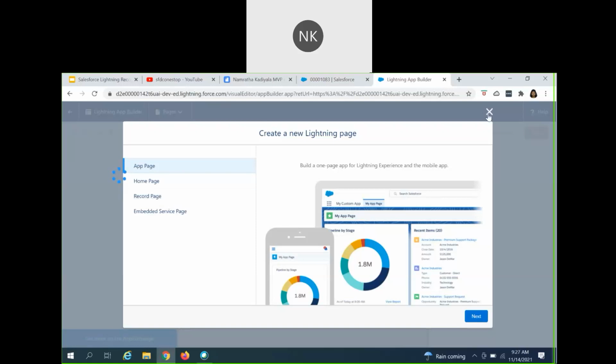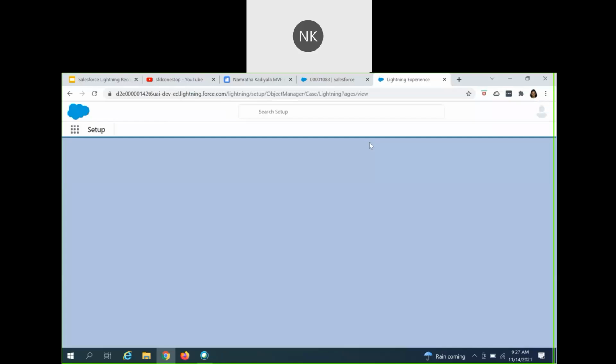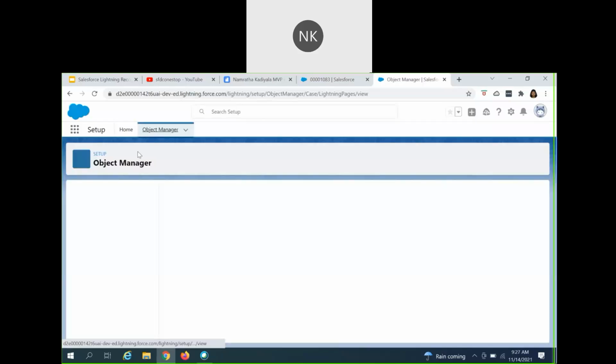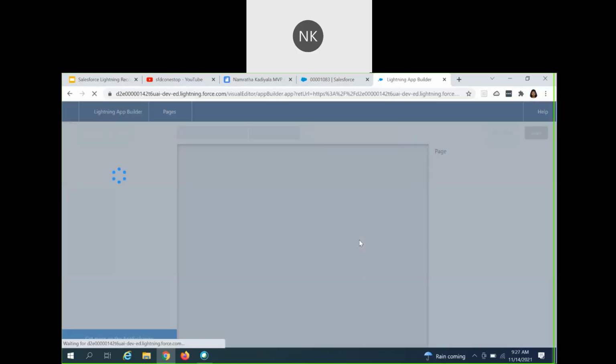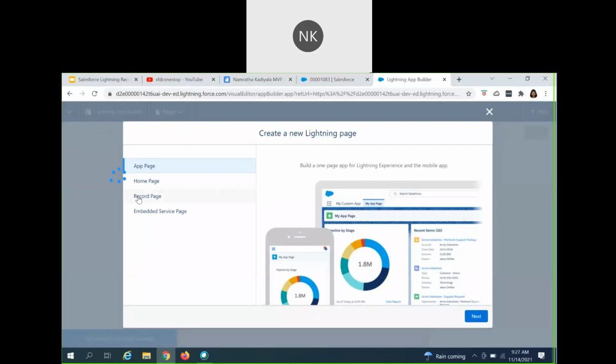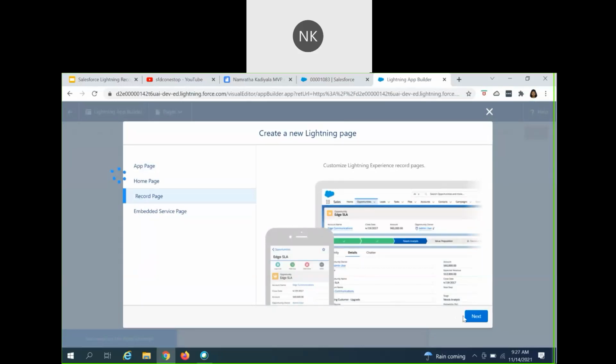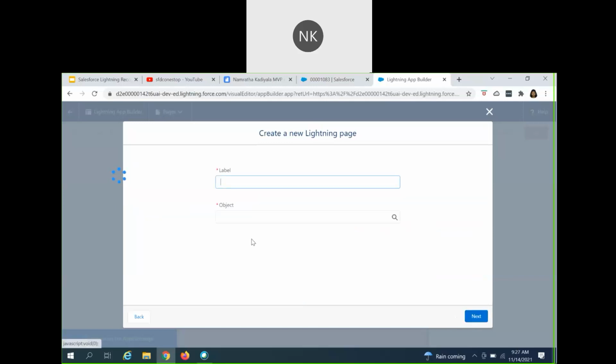So now let's go to the object. Yes, I'm in. I've created this Lightning record page, but for our demo, let's click on new. Since we are covering the record page, click on record page here and click on next. Let's give the name.